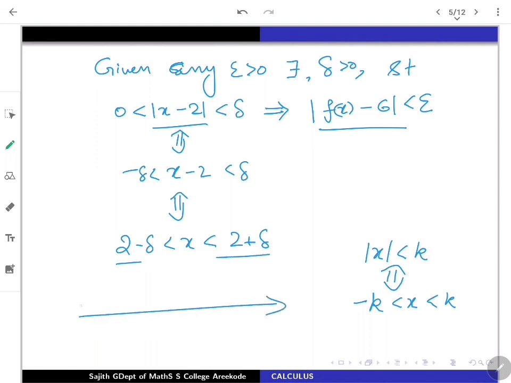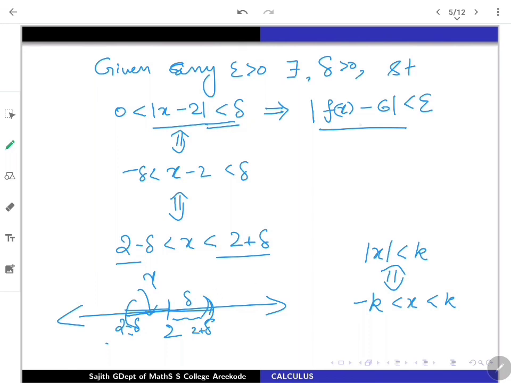So ideally, wherever 2 is, a distance of up to delta you can move, which means 2 plus delta. You can move to the left side to get 2 minus delta also. So whenever you are saying that your point x is in the nearness of 2, right and left by delta, then your point x is in between 2 minus delta and 2 plus delta. So satisfying this condition means such an x will be either on this side or on this side.